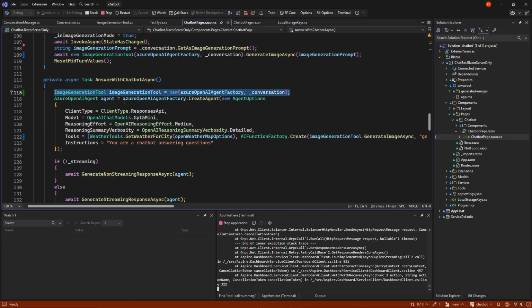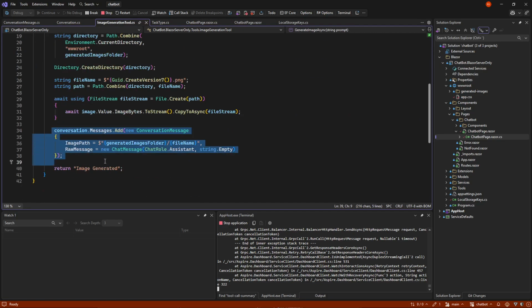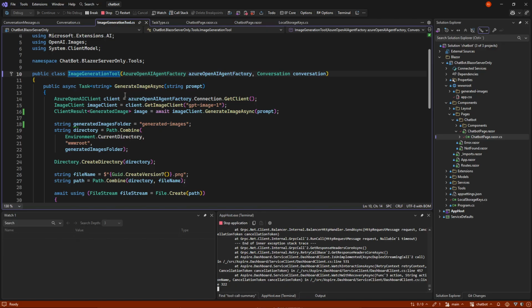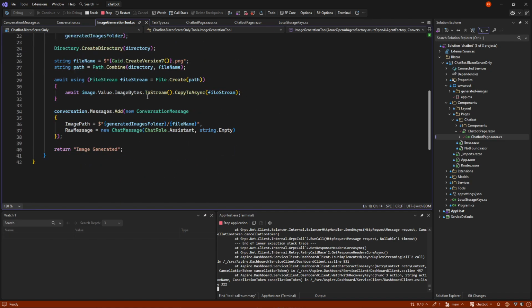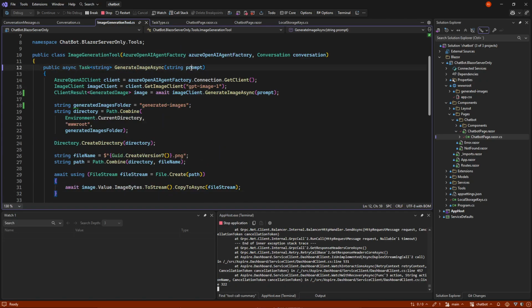So the only thing we need to do is essentially we need to new up a tool. And we need to new it up every single time because we want to give it the entire conversation. So when we do the tool, we can add the extra message in. We could also have begun to work with the agent and doing middleware, doing it before and after the call itself, but this is just the easier way. But as we have seen this code already, it's just the same code, now just being prompted by the LLM.